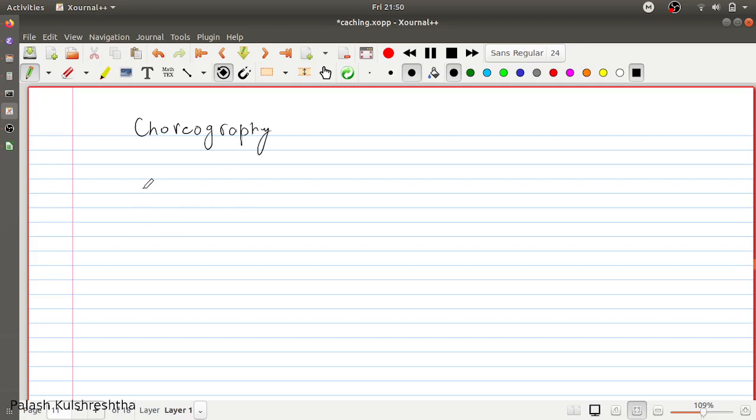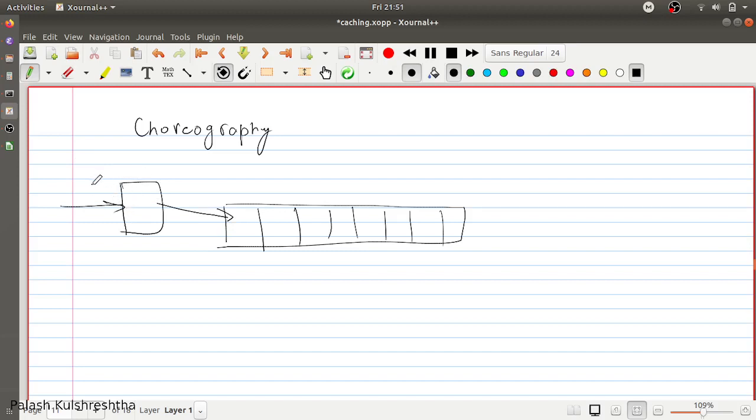One of the ways of implementing a choreography pattern is that instead of having a direct request, the request is sent to a messaging queue. For example, there can be a single service which is creating the orders. This is the first service, and it does its work, then pushes a message into the message queue. Then another service is listening to this queue, it does its work, and it pushes into another queue.